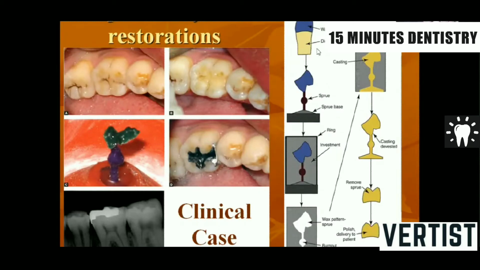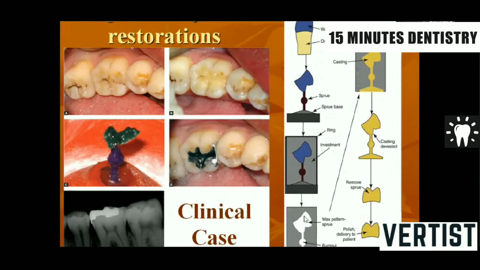Now coming to the lab steps involved, the wax pattern on the tooth is taken out and mounted with this sprue, with the reservoir and with the sprue base. This assembly goes into a casting ring. This is the casting ring, and here sits your crucible former, sprue and your pattern, and the area surrounding it inside the tube is filled with investment material. When this investment material initially sets, the whole casting ring goes into an oven or a burnout furnace which has a temperature of 400 and later is taken up to 650 degrees Celsius depending on the procedure.